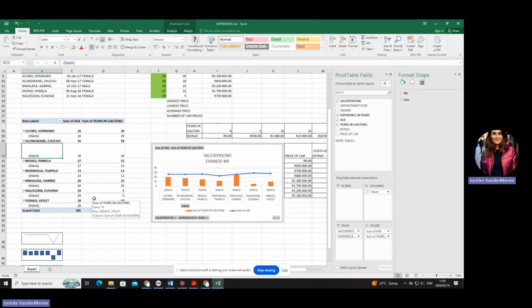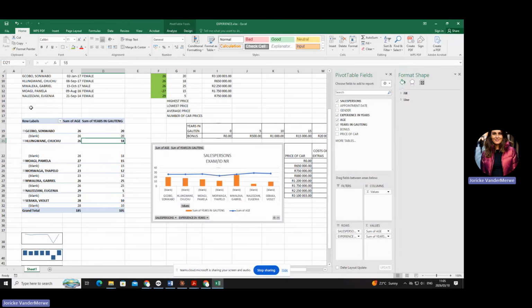Let's say I want all of the salespersons that are 26 and above, only those that are 26 and above, and that have more than 15 years of experience. Okay, I want them to be displayed here.